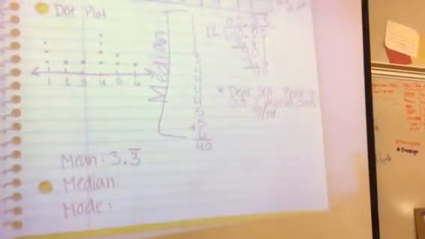And the way that we find the median, just a reminder, is we want to go from least to greatest. We already have our numbers ordered from least to greatest. Then we're going to find the middle number. So the way that we do that is I'm going to take 1 off the top, then 1 off the bottom, 1 off the top, 1 off the bottom, until I am left with my very middle number.